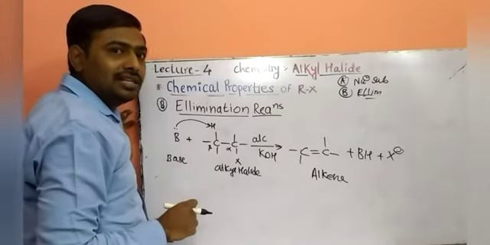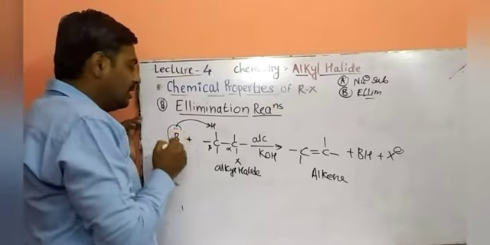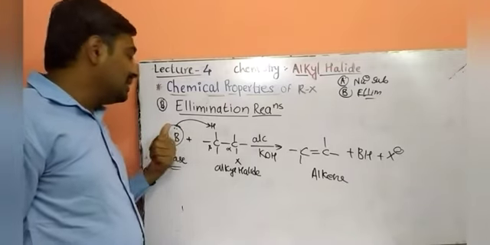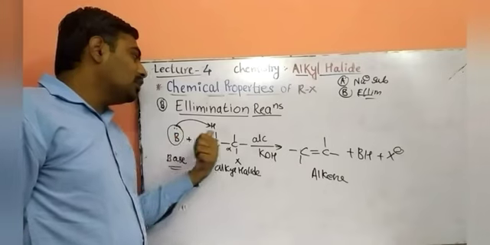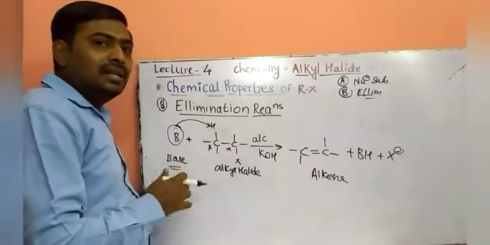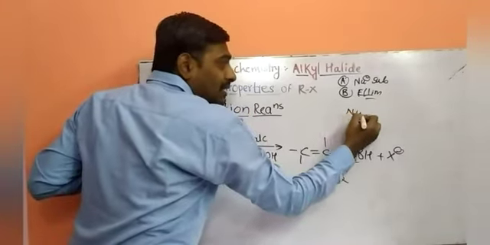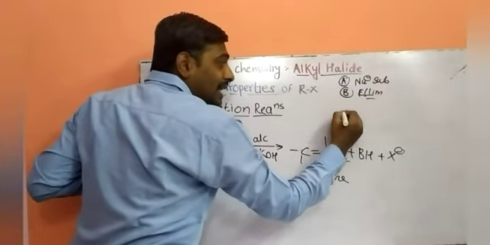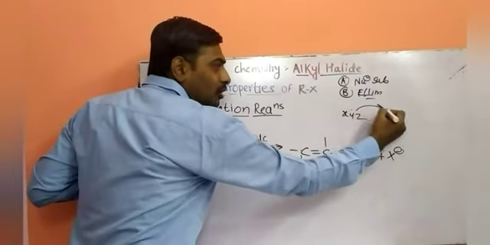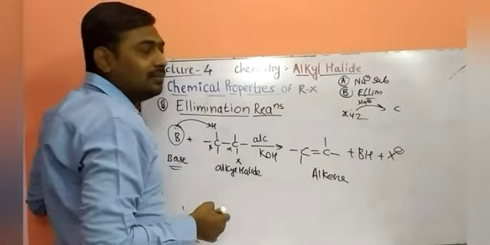So what happens in the elimination reaction? See, any base. What is meant by base? When any nucleophile or any system that carries a lone pair of electrons donates the lone pair of electrons to the hydrogen, it acts as a base. Previously, the same concept was there. So what is basically the difference in the lone pair containing system? When any XYZ system which contains a lone pair of electrons donates the lone pair of electrons to the carbon atom, it acts as a nucleophile, giving a nucleophilic system.